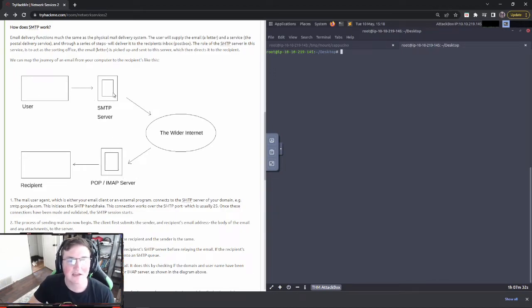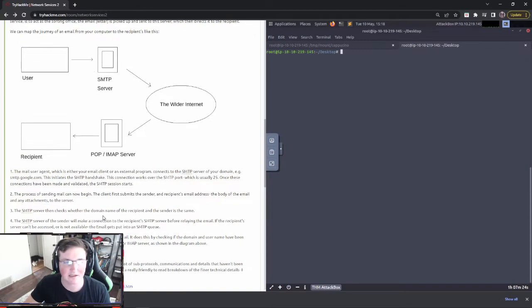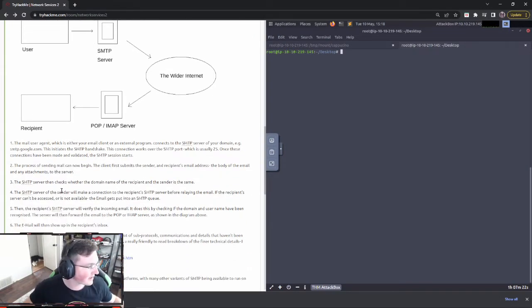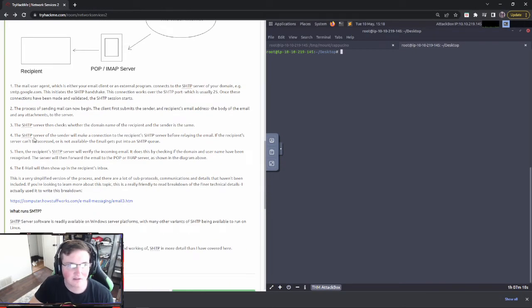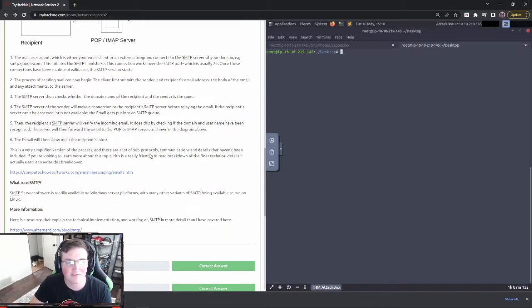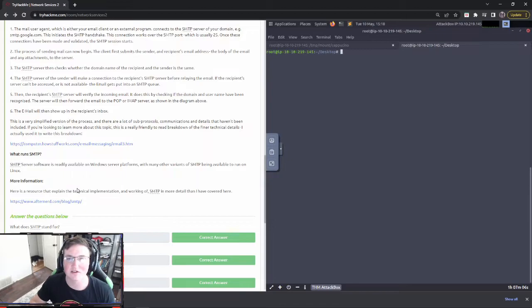The point is the SMTP server sends it out, and POP and IMAP will actually address it internally and give it to whoever needs it in your local environment. So that's pretty much the simplified version. I'm not going to dive into all of it because you guys can read this. If you're interested in SMTP or any of these protocols, you can dive into that. That's not the point of this box. The point of this box is to understand how to take advantage of some of these simple things so that way you can understand how hackers do it when you're defending against it.